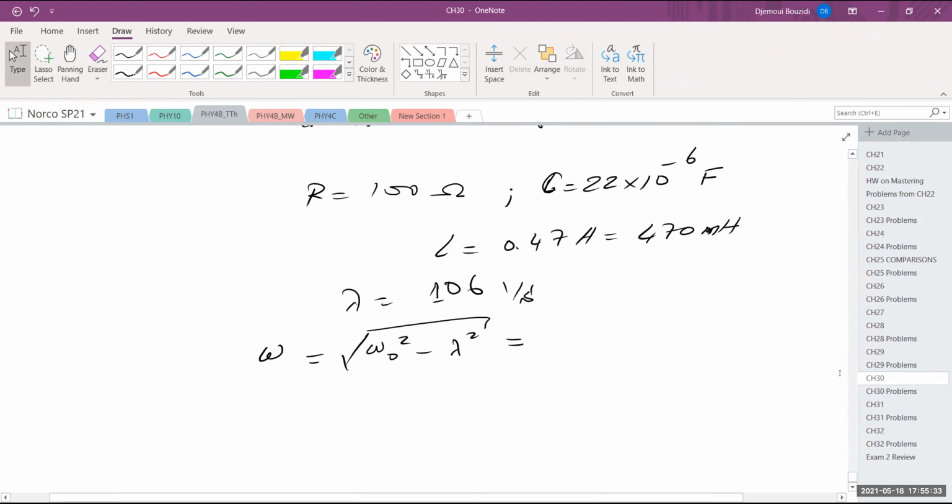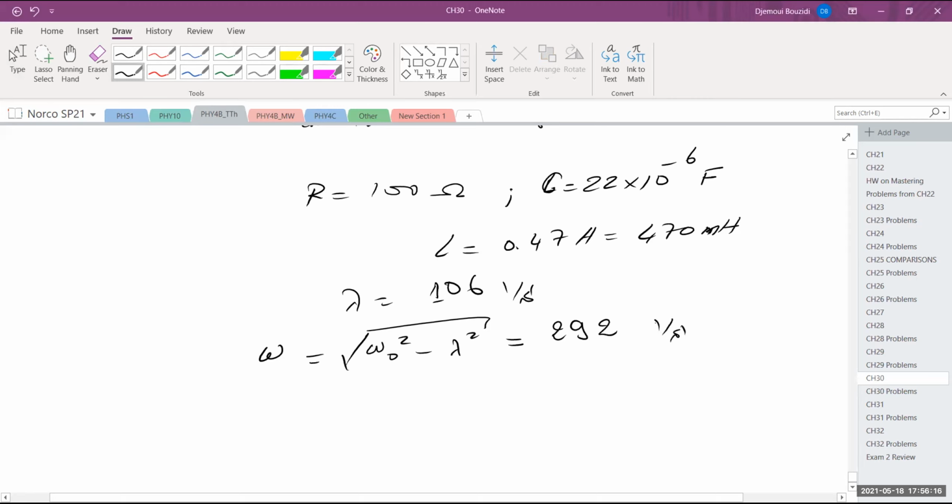So empowered with that, I'm going to take the square root of, open parentheses, omega naught squared is 320. No, actually it's 310.98. So I'm going to square this number and subtract from it lambda squared. Lambda squared was 106. I found it last time. Yeah, 106 squared. And close the parentheses and then the square root. And this is the number now that we're finding. Actually, we're finding this frequency to be 292